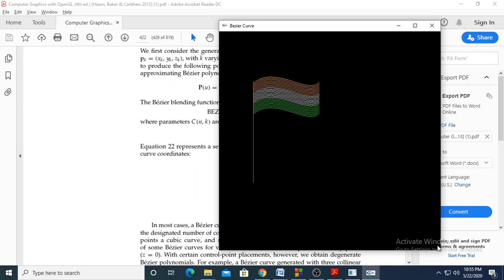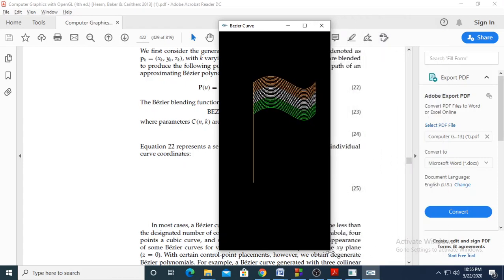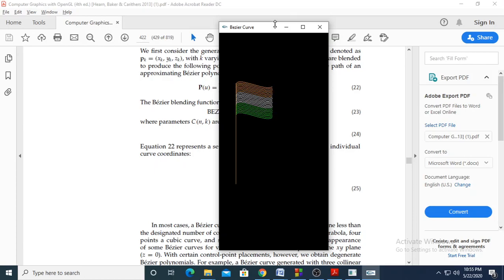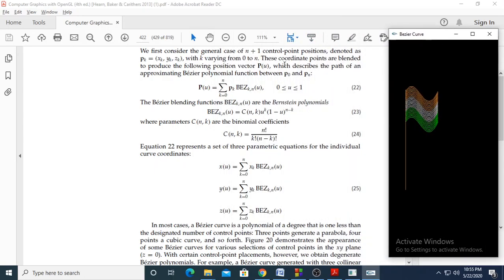So I'll minimize. P(u) is the position vector from the first point, second point, third point, fourth point, like that. All the 20 points should be calculated for one curve. Then the same logic is extended with a little reduction in the y direction. We'll draw with the same logic this many times.